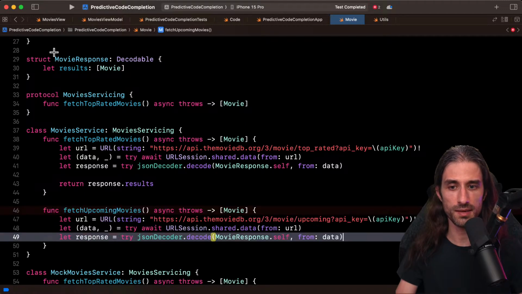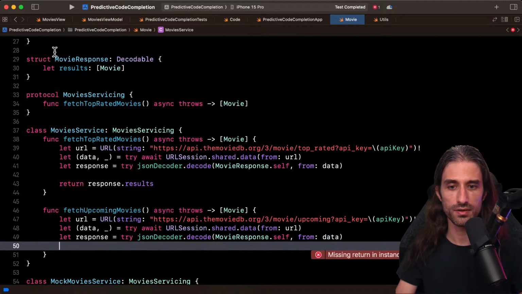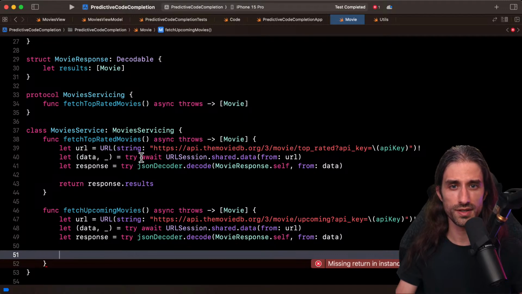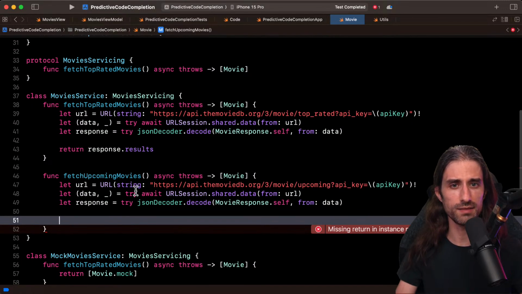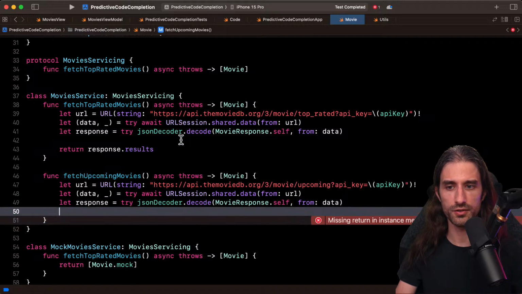You can see that this time it was able to reuse the code that I've written above. So it gets smarter. It might make mistakes, but then it's able to tailor its behavior using what you've written just before.